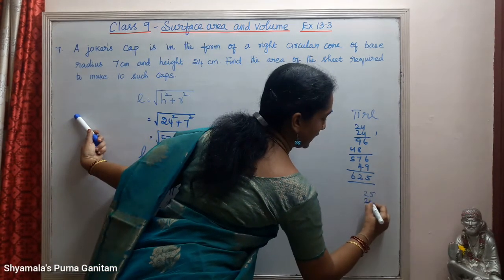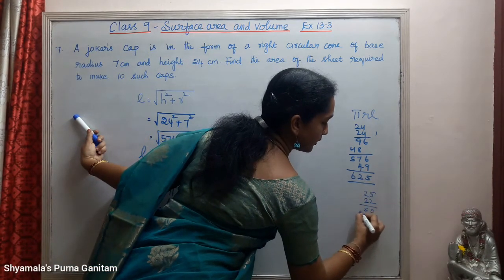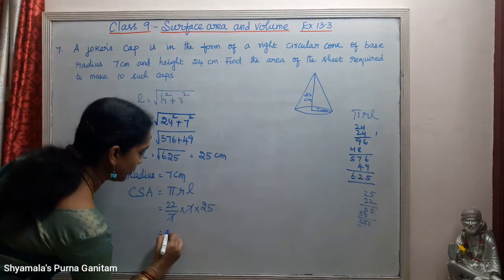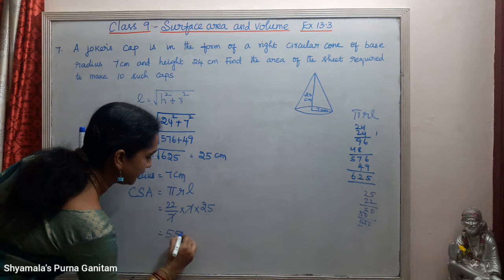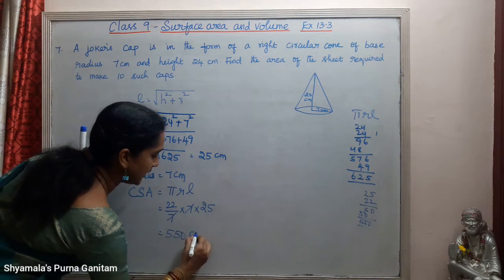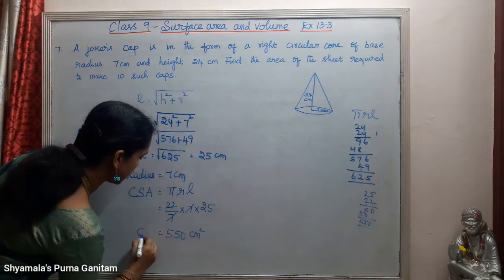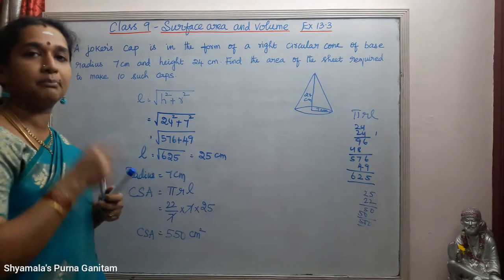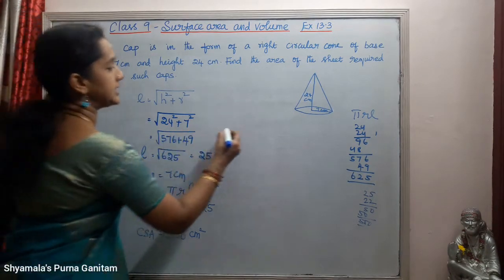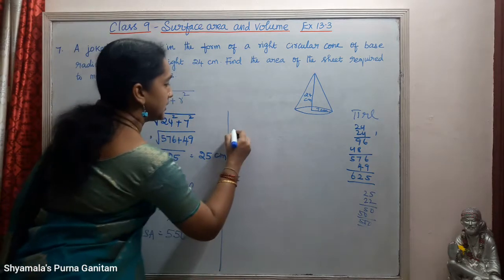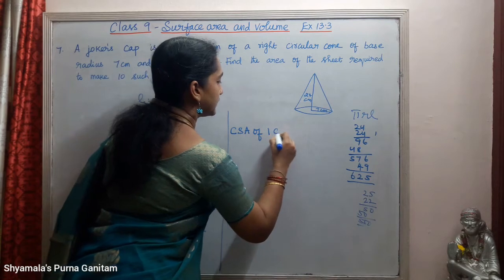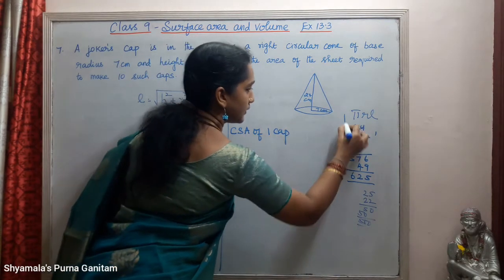So when we multiply 25 and 22, we will get 550. So CSA is 550 centimeter squared. So curved surface area of the joker's cap, one cap, is 550 centimeter squared. So CSA of one cap is equal to